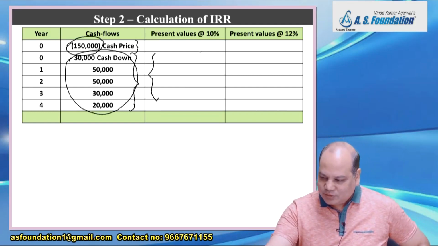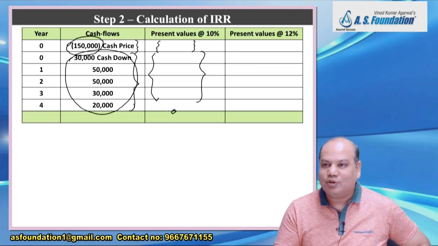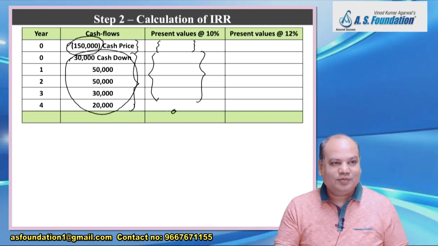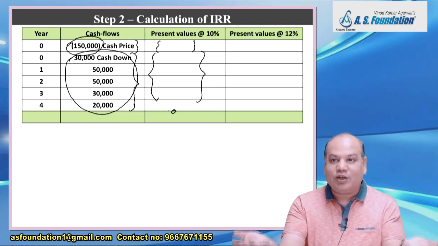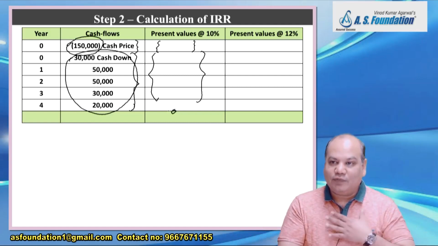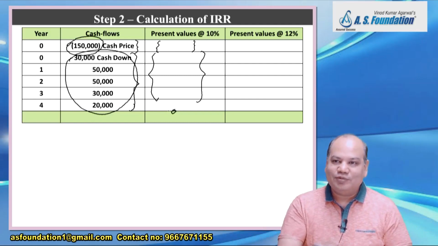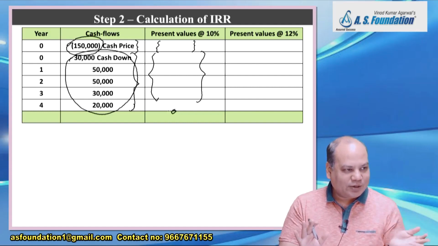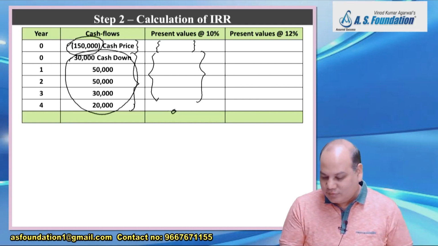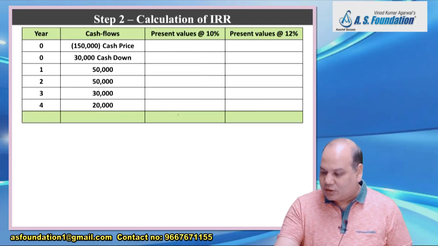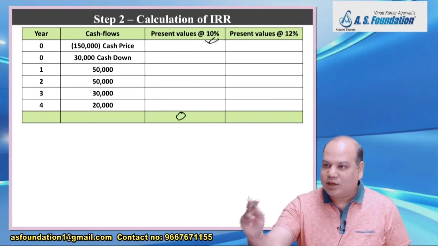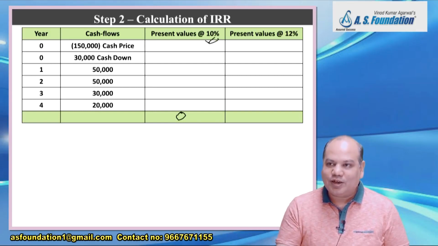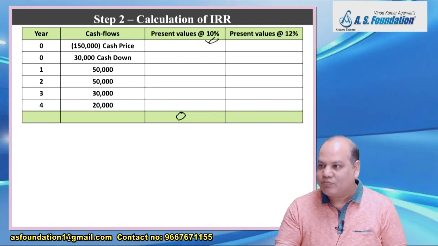The total of this figure and the total of this figure should be equal to 0 if both are equal, because one is negative, the other is positive. If I add a negative and a positive figure and they are equal, the total is 0. I have a 5 rupees note, you have a minus 5 rupees note. What is our total? 0. Minus 5 plus 5 should be 0, right? So if I get an answer 0 here, it means my IRR is 10%. But if I don't get 0, it means my IRR is not 10%. It is either more than that or less than that.